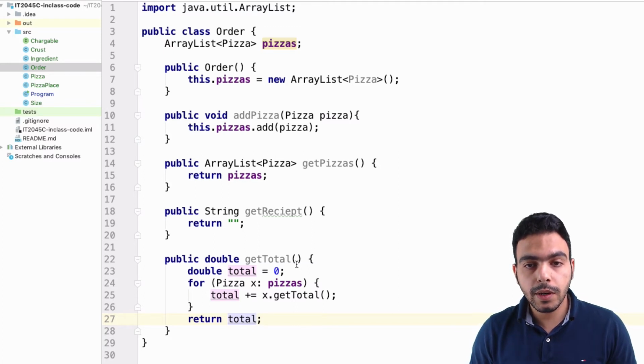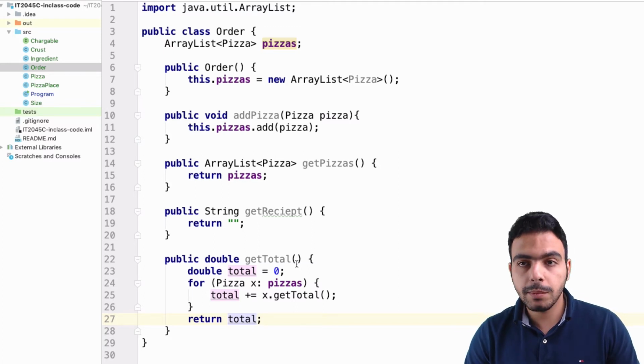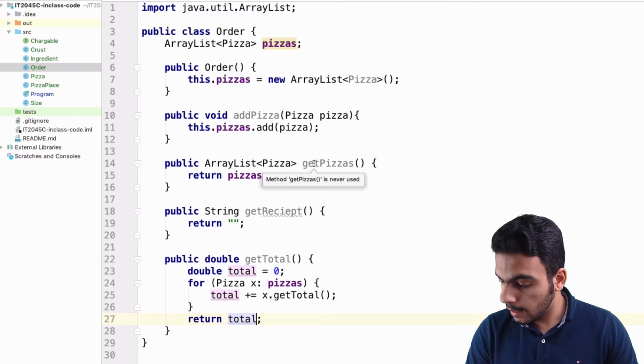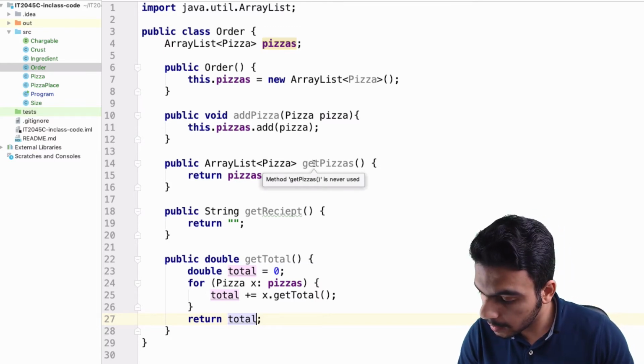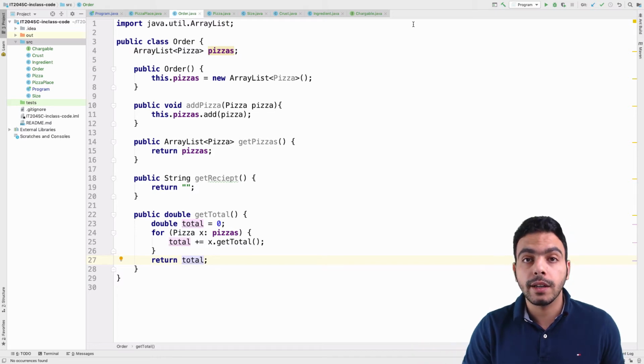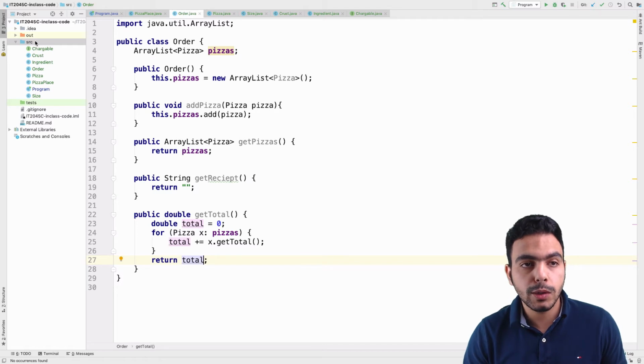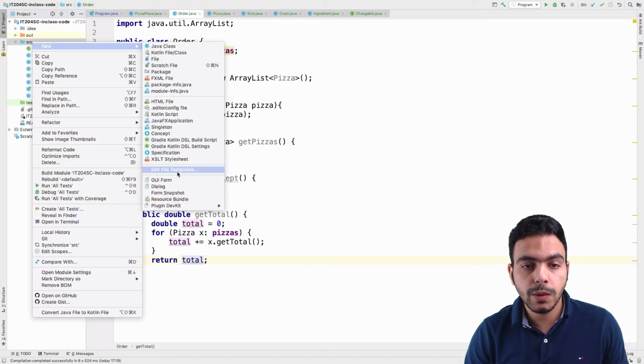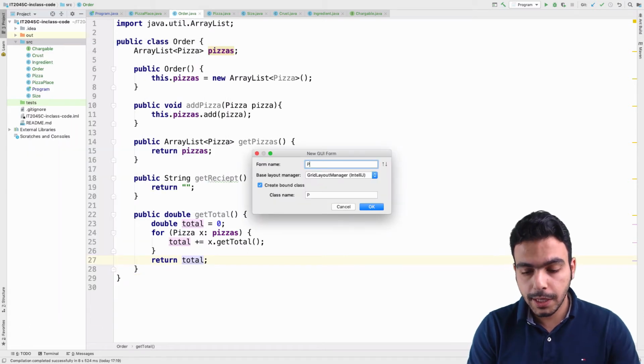So now I think we're kind of ready to start building our actual interface. Let me see if I missed anything. No, that's good. Now we're gonna start building our user interface, and today I want to combine the traditional way of setting up the layout with code, and another way that you can actually do it by just dragging and dropping the elements of your form. So to do that, I'm gonna go to source, create new, and today I'm gonna select GUI form. I'm gonna call this pizza GUI,